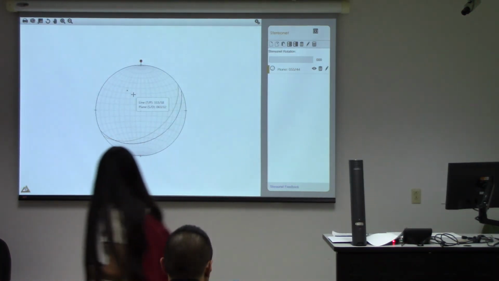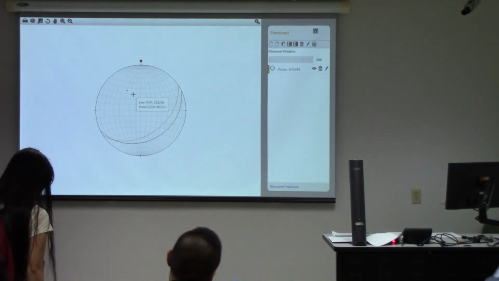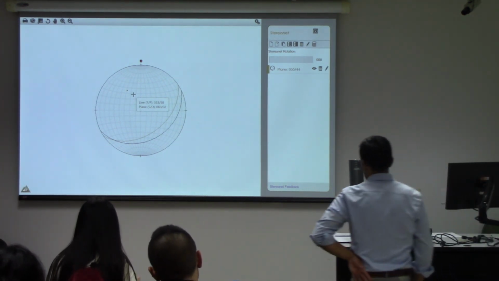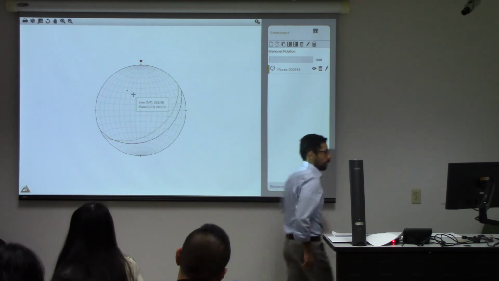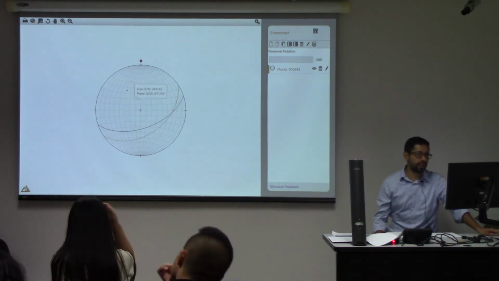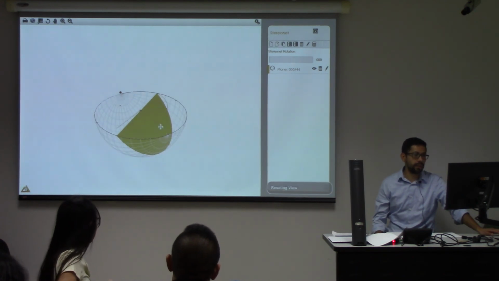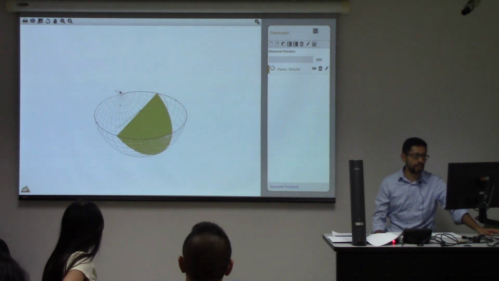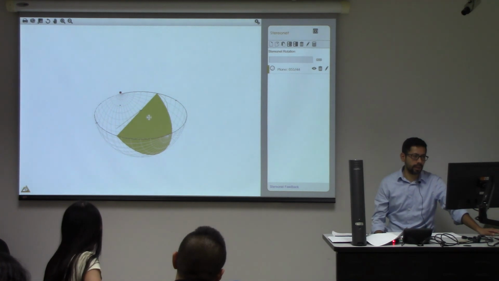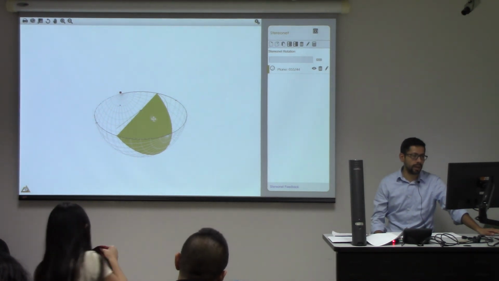All right, so there we go. We have the stereo net. That's a problem that you had to solve. This is the 2D version, and if you go to the 3D version, it's that plane. You see, this is the plane of the fault. This is the north over here. This is the strike, and this is the